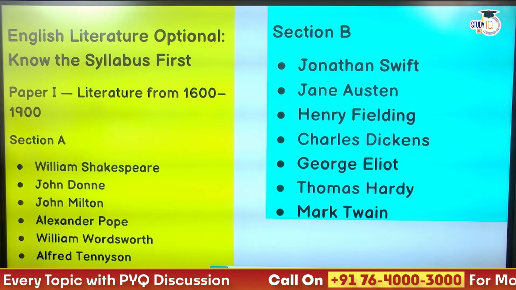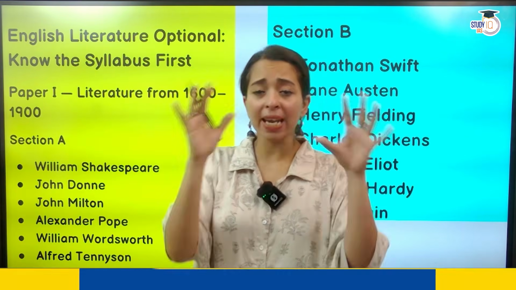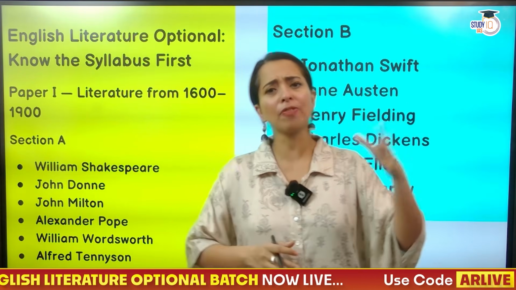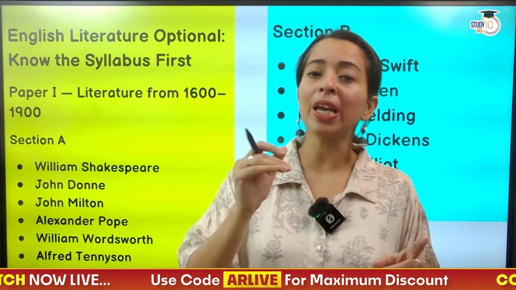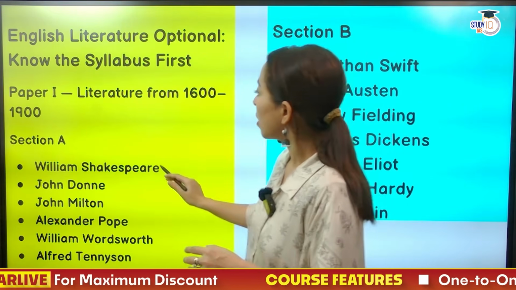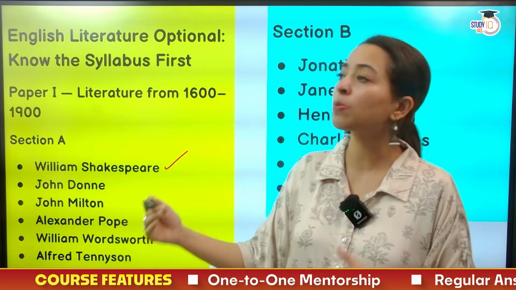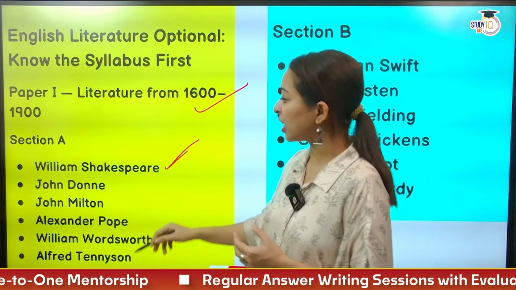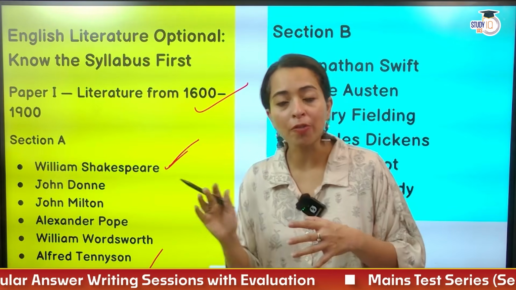All right, we'll be going ahead with paper 1. Now, your paper 1, if we ideally look at English literature, then it starts from the very, very early period, that is from the 5th century, the Anglo-Saxon period. But however, we are not doing that. Your UPSC begins from William Shakespeare's time, so the time of Renaissance, post 1564, when William Shakespeare was born. So your entire paper 1 is your Renaissance age, Restoration age, Augustan age, and of course a part of your Victorian age.